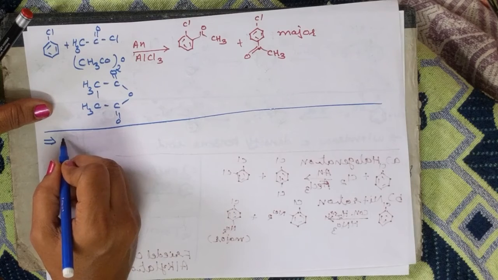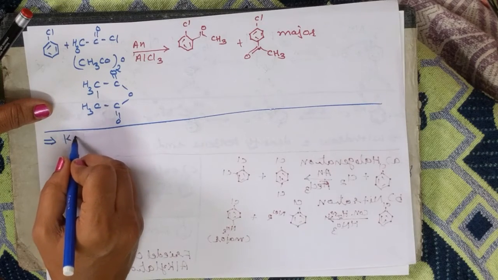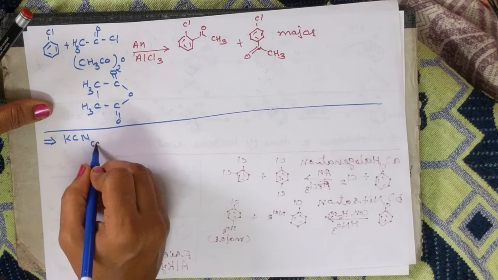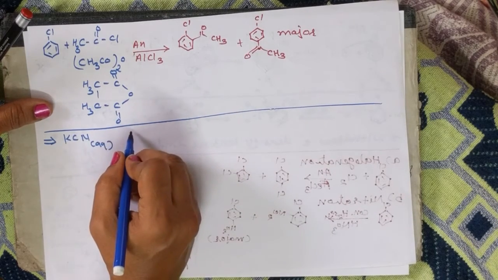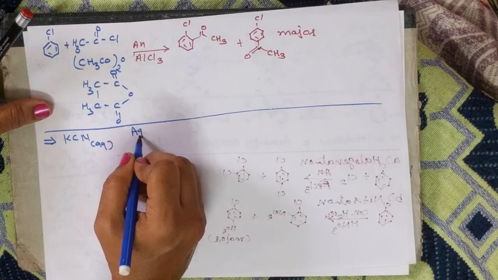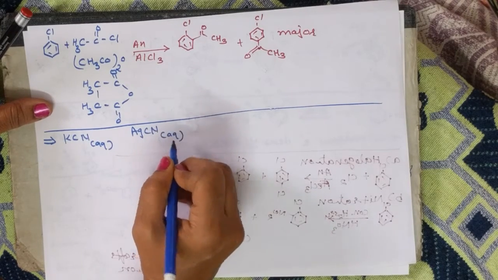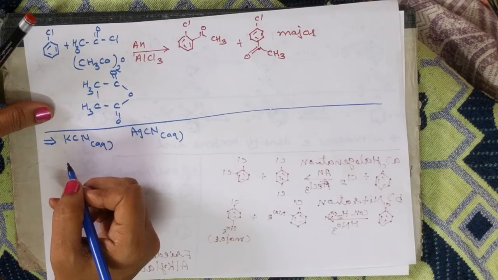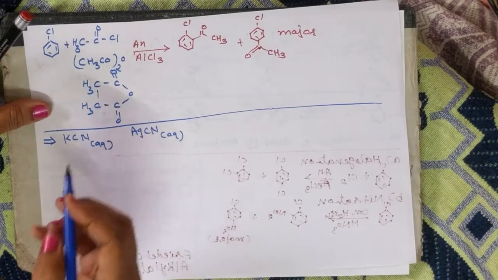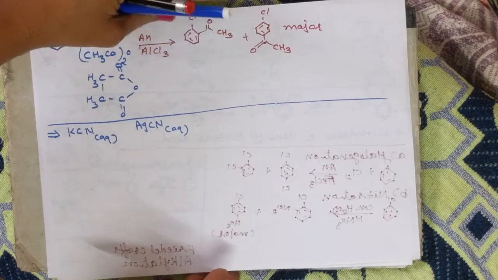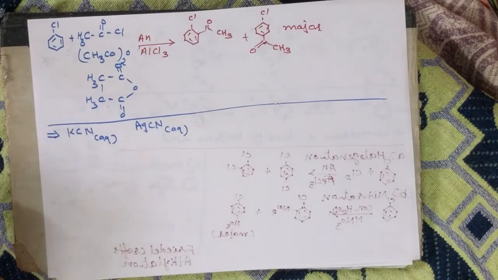Students, as you know, in organic chemistry for standard 12, haloalkane and haloarene is a very important chapter. If you study this chapter very clearly, then I don't think there will be any problem for you in other organic chemistry chapters. So understand this, and whatever hint I am giving you, just keep that hint in your mind.